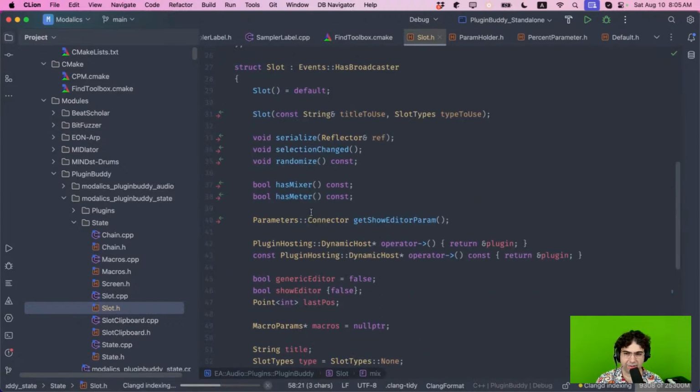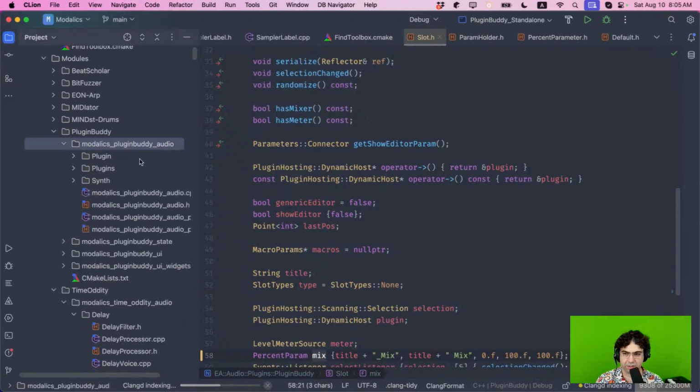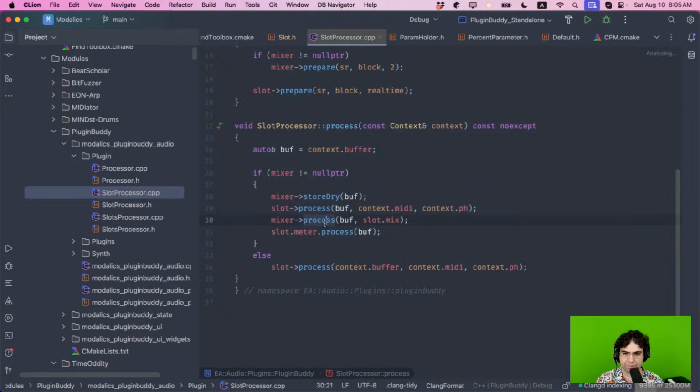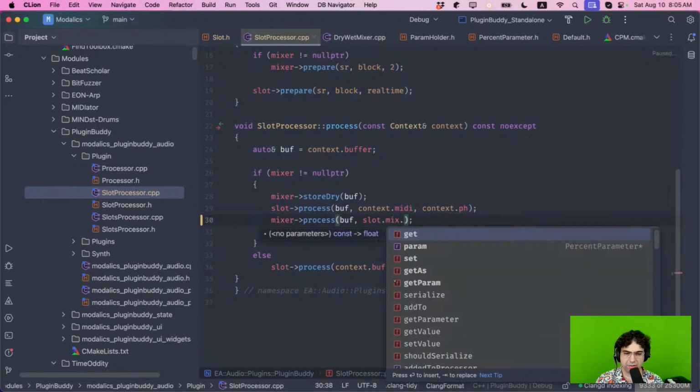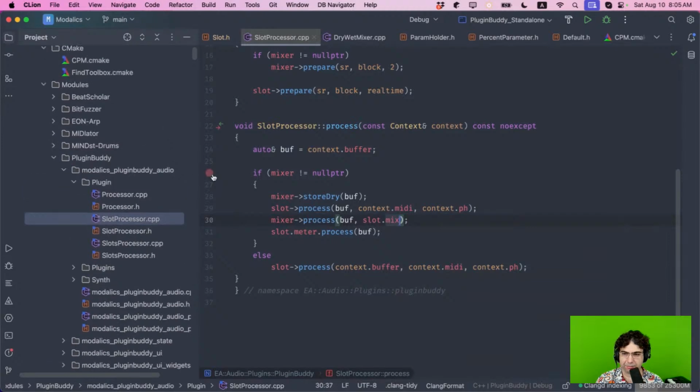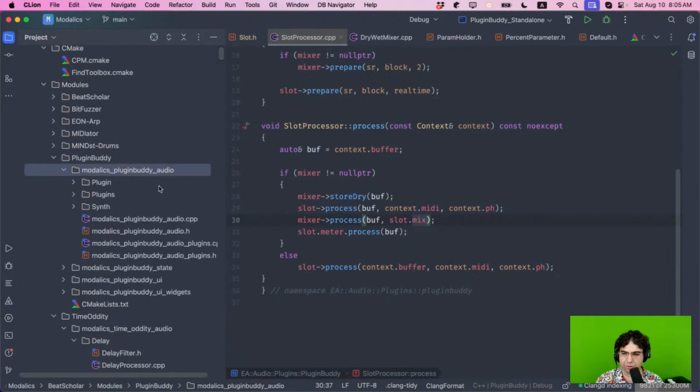Let's see how I am using it later. I think the processor of this needs to read from this value. I think that's fine. I think it should get the value from 0 to 1, which makes sense. But yeah, I think that's okay. And I think that means that now I need to add these on the big plugin level. Like I need to go to